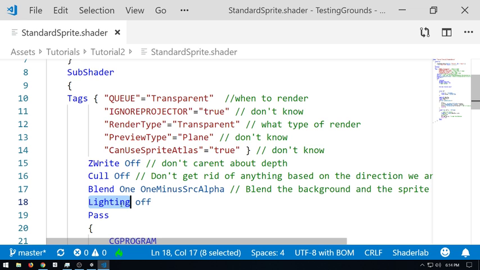Lighting off. I actually tried to Google what this keyword does for shaders, and I couldn't find it very quickly. My assumption is that it does exactly as it implies. It turns the lighting off. Giant shrug, you know. Some of you might want lighting with your sprites, and we can go over that in a later shader talk. However, I'm not going to go over that today, sadly. I'm afraid of normal maps, and I don't like using them, so I'm not going to use them here if I can't explain them.